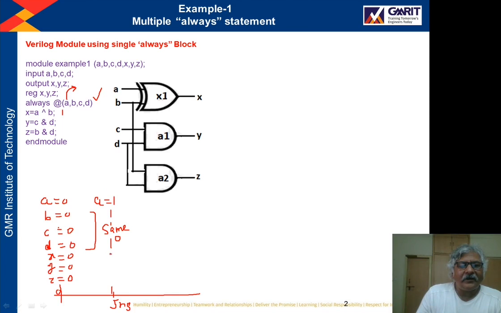So X will be 1. Now statement 2 is C and D. C and D are already 0, so there is no change in the value of C and D. So output Y will be 0. In the same way, output Z will be assigned by statement number 3, and here B and D.